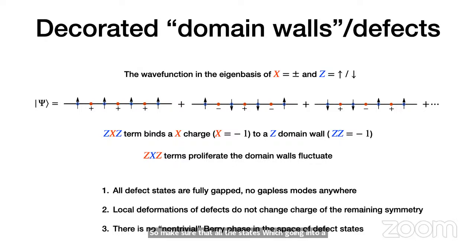otherwise the symmetry would be broken. And then there's a last point, which is a little bit more subtle: when we move around in a space of defects, when we continuously deform these defects, there shouldn't be any Berry phase. When you go around in a space of possible defects, there shouldn't be any phase. Otherwise, that's an obstruction to forming a coherent superposition of defect states.